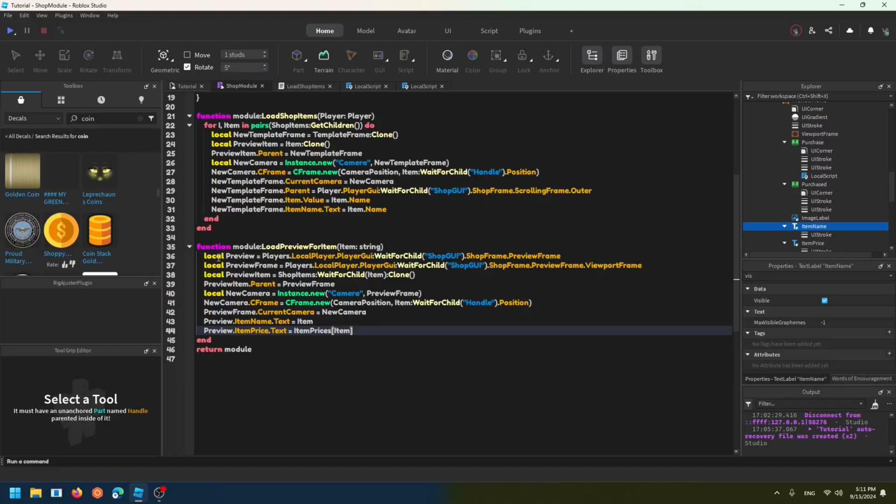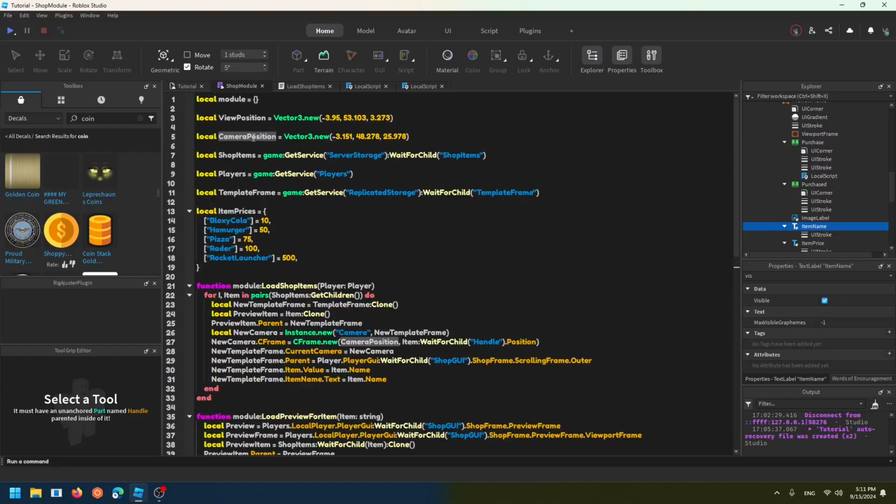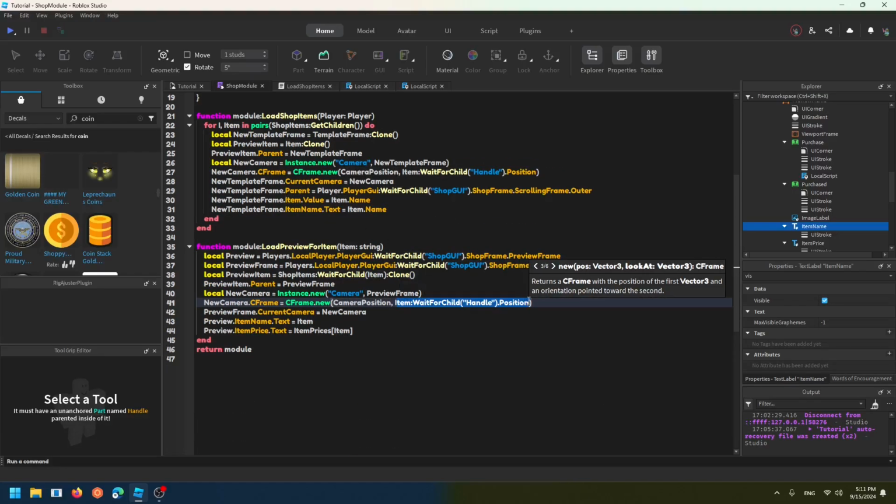So basically, let's review this one more time. We basically get the preview frame and get the preview viewport frame. We're going to go ahead and clone an item from the shop items and put it inside the preview frame. Next, we're going to create a new camera that we put inside the viewport frame. Basically, this preview frame, so don't get confused. We're going to get a new camera CFrame. So we need the camera position we stated here, and the look at position will be the item's position. We're going to look at this position right here. Then we're going to set the current camera to the camera we just changed the CFrame to, and